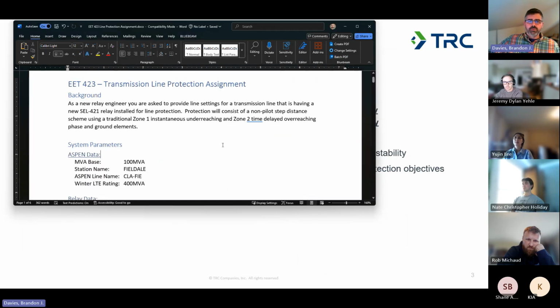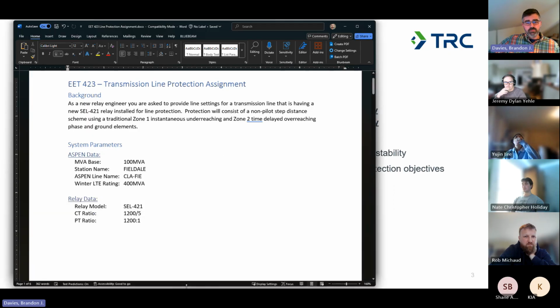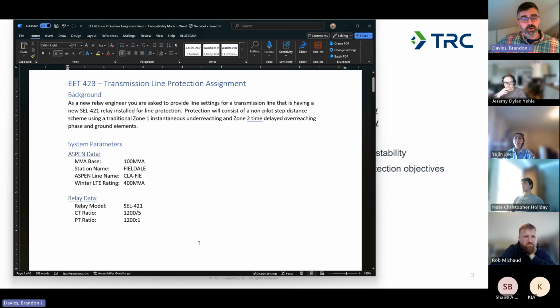I broke it into a few parts. We've got some background here in the first page. We're going to set zone 1 underreaching and a zone 2 time delayed overreaching phase and ground distance elements. We'll do some evaluation for loadability. We'll model them in Aspen and see how they respond, and that will be the assignment to give you a feel for how line protection works and how you'd go about figuring out appropriate